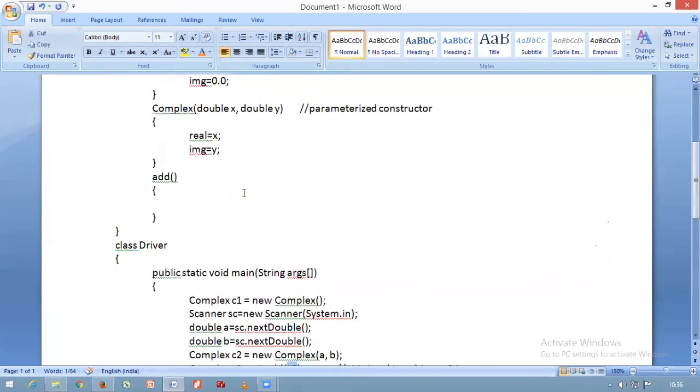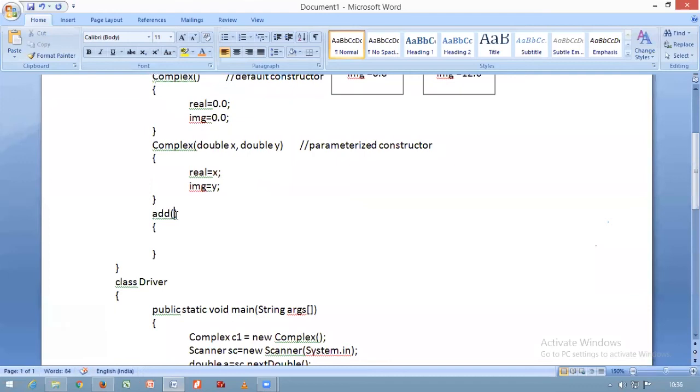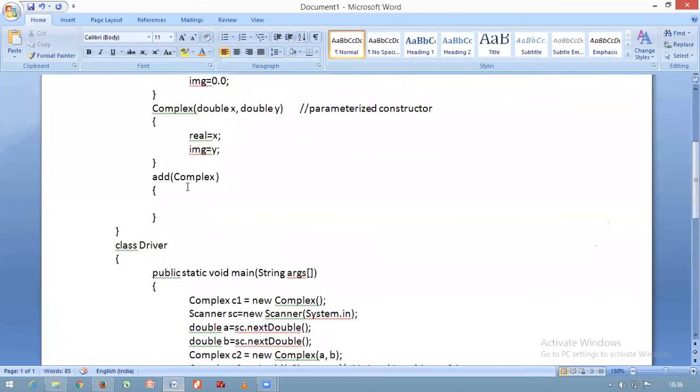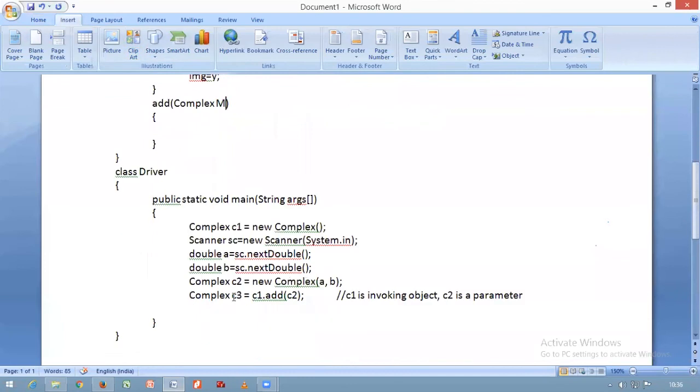You are passing one parameter of complex type, let us say M. So you have to define an add method with one parameter. What type of parameter are you passing? Complex. So you should have arguments of complex type.